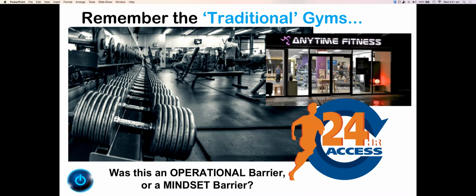running a gym like that, and someone came along and said, hey, by the way, do you know you could open your gym 24 hours? You don't have to staff it 24 hours, but you can open it very, very successfully. Can you imagine what those traditional gym owners would say? Well, that's not going to work. What if someone gets injured? Or they'll just come up with a whole raft of reasons why